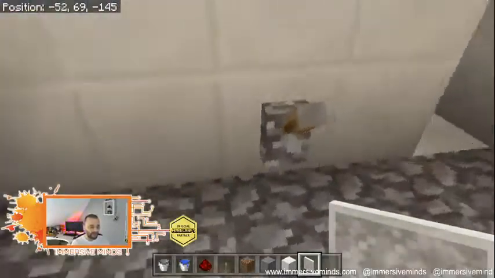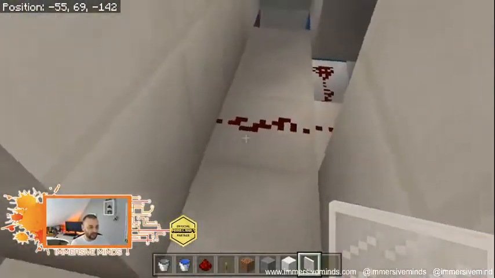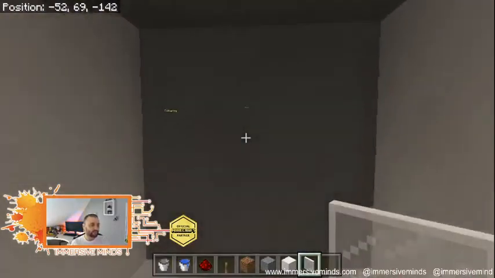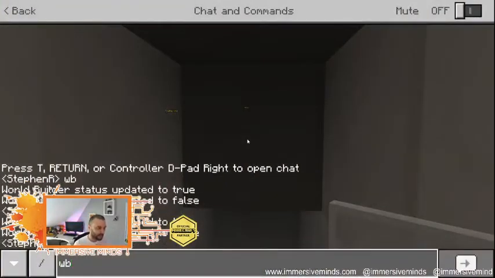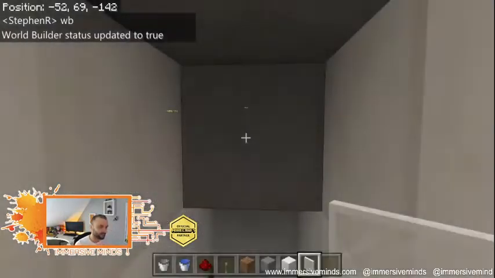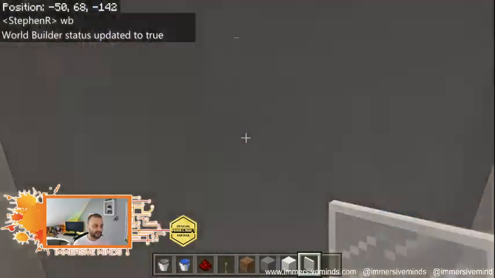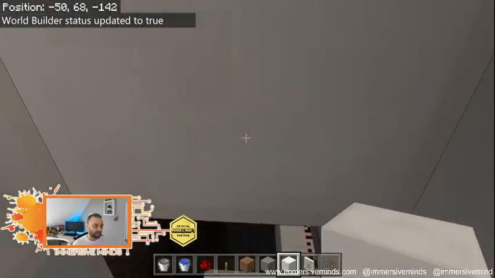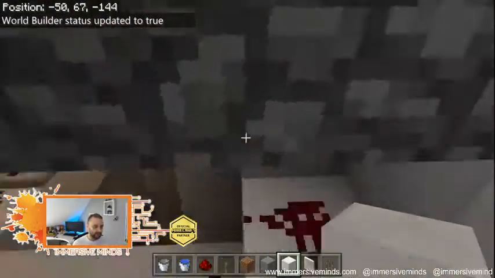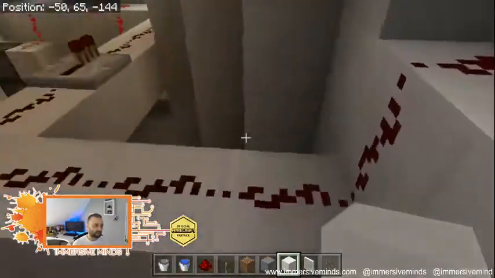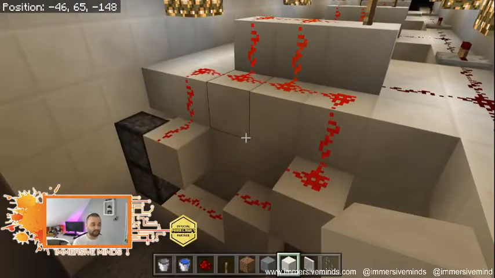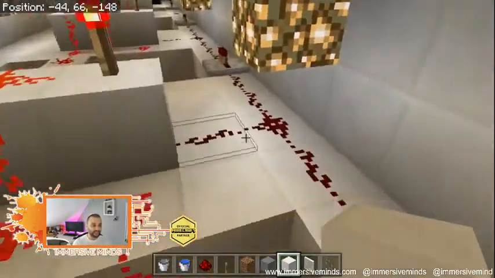So if we head in here, we're going to pull this lever. Now this lever will just engage this redstone. If I head down here, let me just block that for a second. You'll see that I'm just going to follow the redstone all the way down, and you'll see that it heads to, this is quite complex, but really it's just a system of,